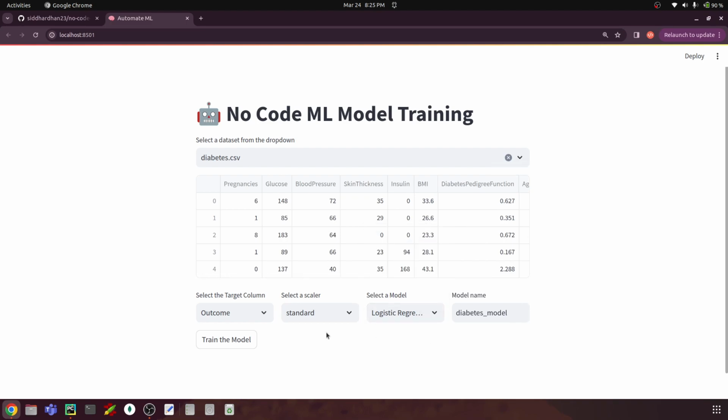So once we have all this information, the user can click this train the model button, and then we train this model in the backend and give the accuracy score. In this we also do processes such as imputing the missing values, applying one-hot encoding and so on. The main purpose of building this application is to let people who don't have, let's say, Python skill,